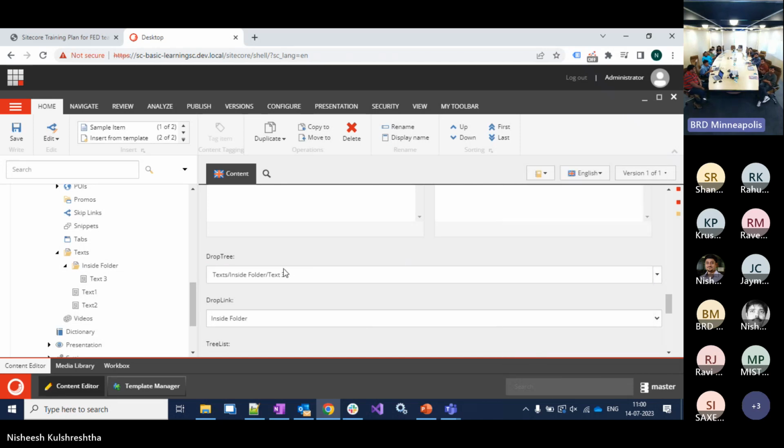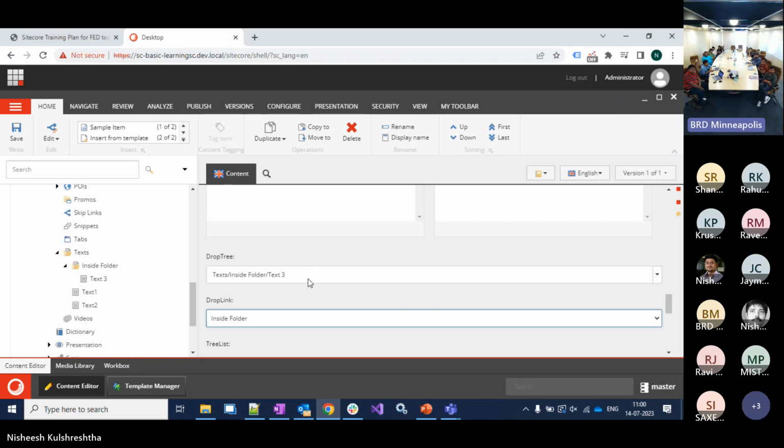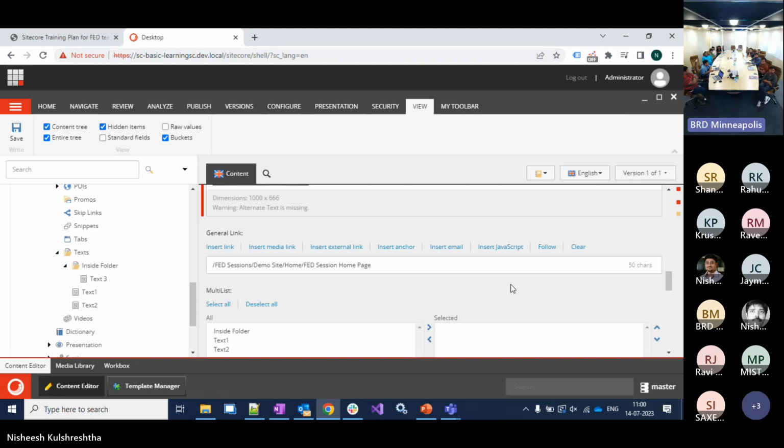Now, what is the difference between drop tree and drop link? I can select one in both. One difference is that in drop link I can select only children, whereas in drop tree I can go deeper. But if you remember raw values, right? Let's see how this looks in raw values. So if I go here and see raw values,